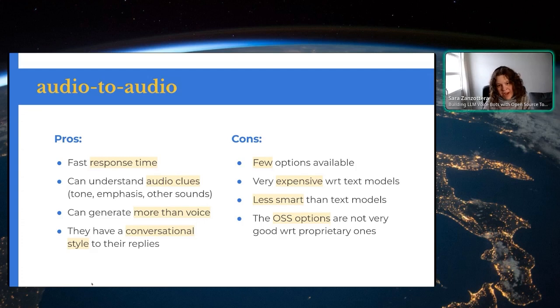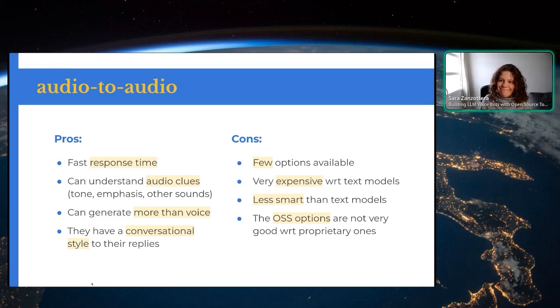The disadvantages, however, are many because, as I mentioned, there are very few options available and they tend to be really, really expensive. For example, GPT-4o real-time right now basically costs, I don't remember exactly the multiplier, but I think 5 times more than running a GPT-4o plus all the other components. So even if you have the most expensive options on an audio to text pipeline, and